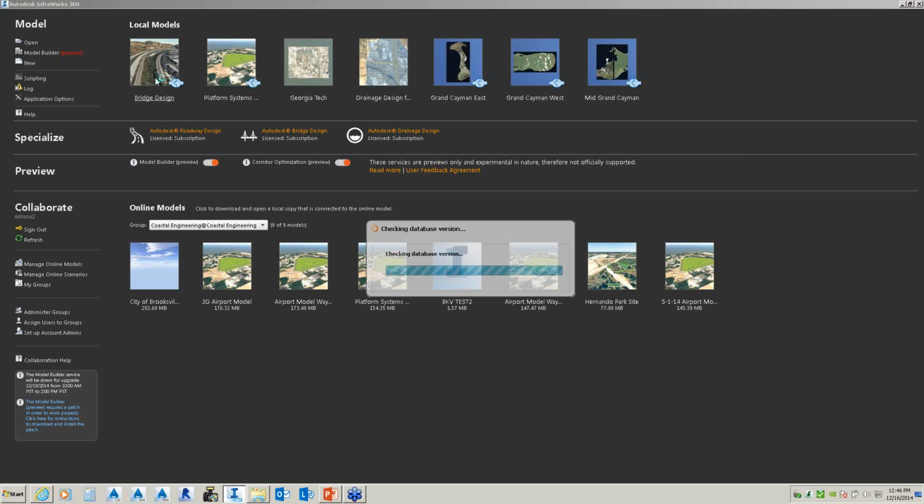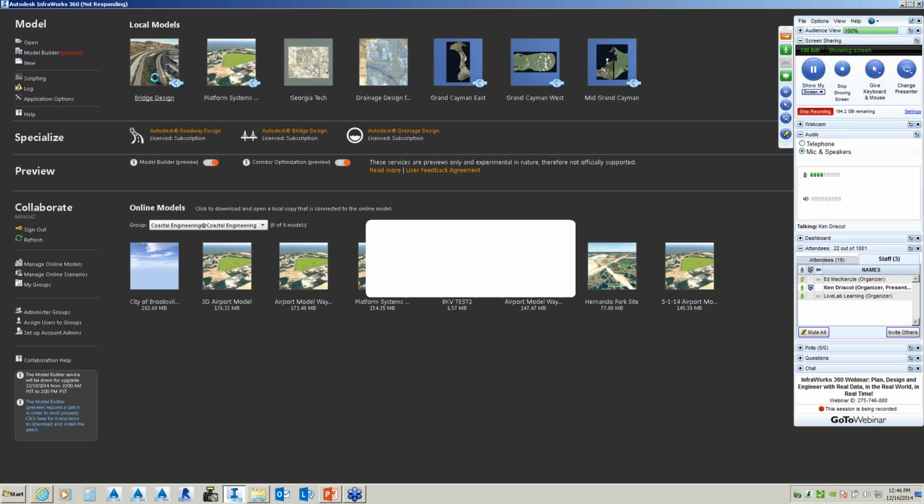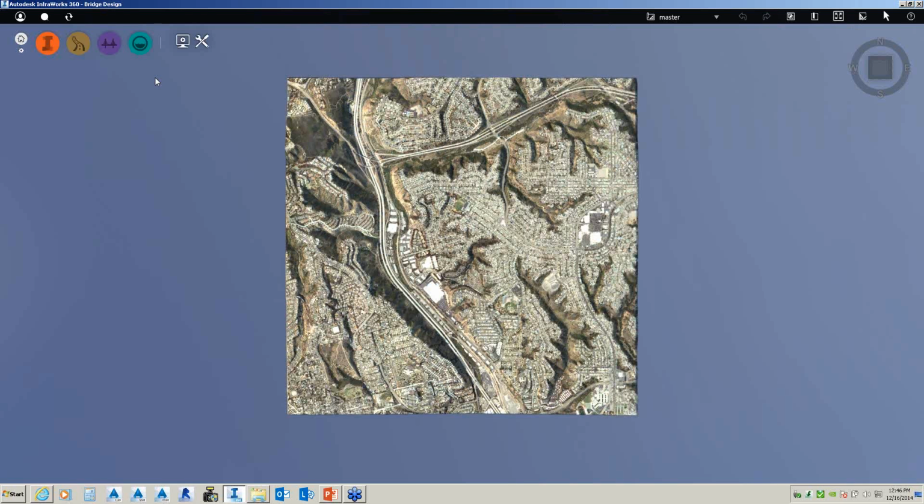But what I want to do is get into the product in terms of what you will see when working with InfraWorks 360. So again, the idea is being able to go out anywhere on this earth and define a specific area that we can pull in as our model, and bring in the existing contours, aerial photography, street roads, and building assets. That right there gets me a quick jump start on my concept.